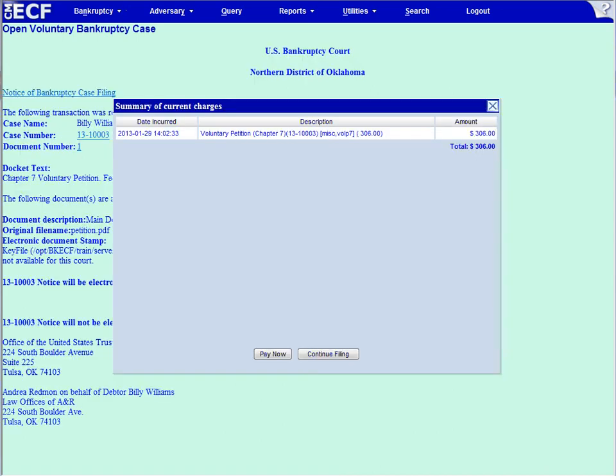The system will present a pop-up box notification that there are fees due. The court requires payment of fees on the calendar day that they are incurred. If you are finished with your filings, you will want to go ahead and click Pay Now to pay for this filing. If not, you may click on Continue Filing. At this point, please click on the Continue Filing button so that we can view our Notice of Electronic Filing,